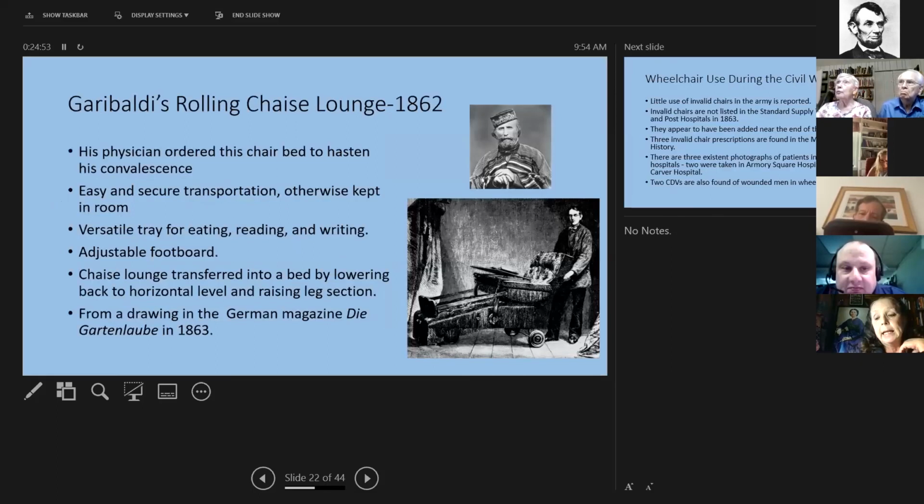And here is Garibaldi's rolling chaise lounge. His physician ordered this chair bed to hasten his convalescence. It was easy and secure transportation. Otherwise, he had to stay in his room and get bored. He had a versatile tray for eating, reading, and writing.